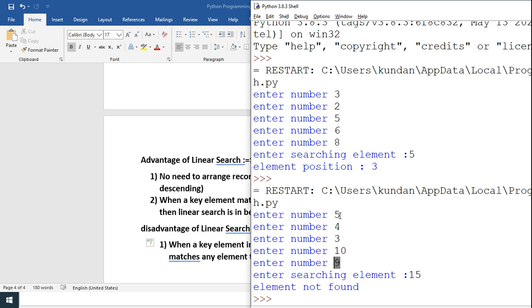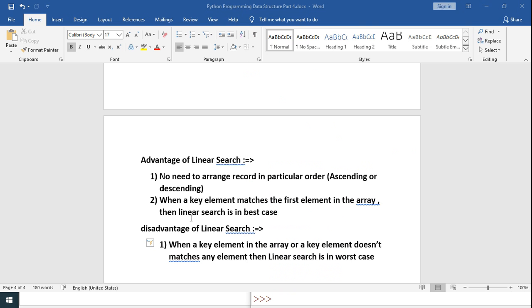Another worst case is element not found, like if we want to search 15, which is not in the list, the loop will execute till the end. So the best case is when the first element is found, and the last element or element not found is known as the worst case of linear search.